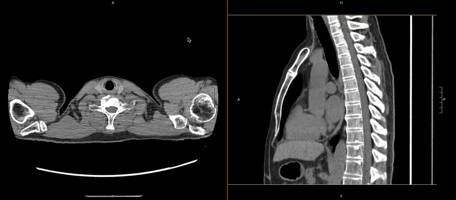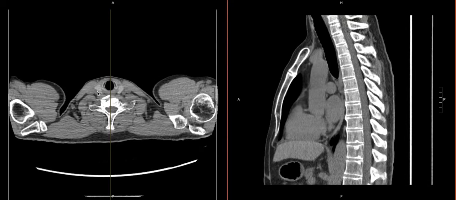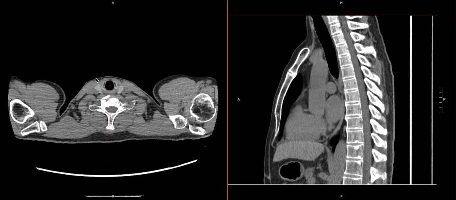The way I approach the soft tissues here on the axial slice is I kind of set things up into quadrants. We can do our anterior, then our right lateral, our left lateral, and then our posterior. So we just start at the top of the scan. Depending upon how high up the scan goes, you may get different neck and even head pathology, so you just want to be mindful of that. Here, we don't really go too high. We just catch part of the thyroid, but in some cases, you may catch